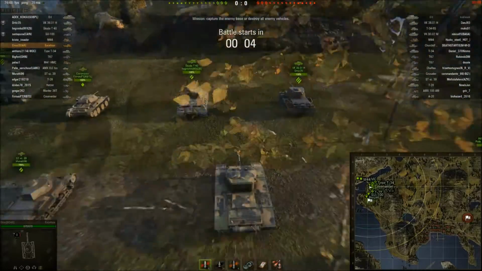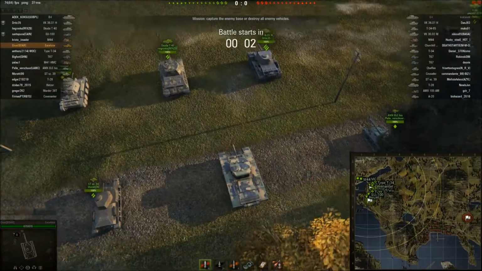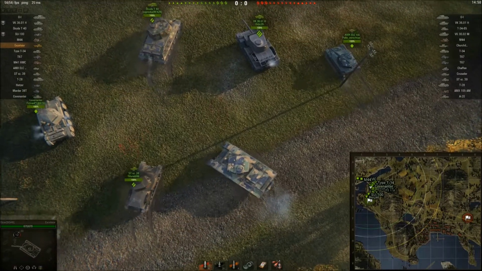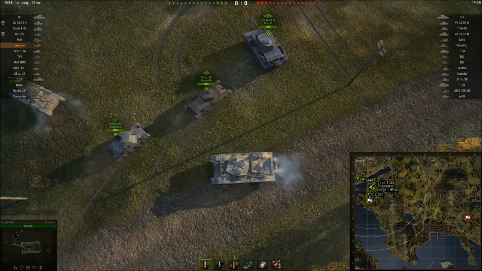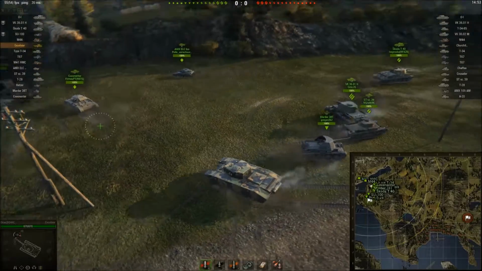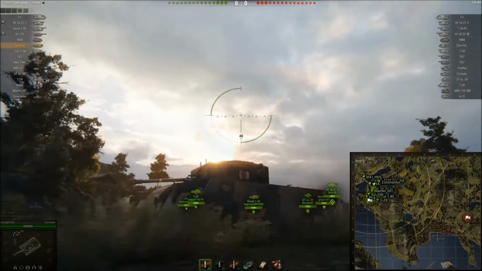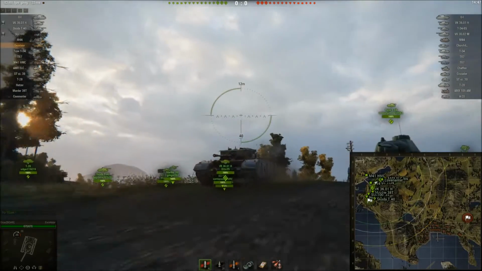Today I've got a game for you in the Excelsior, which is the British Tier 5 heavy premium tank. We're here on Fjords. As you can see from the matchmaker, it's a Tier 6 game. There's quite a few OIs on in the game, so